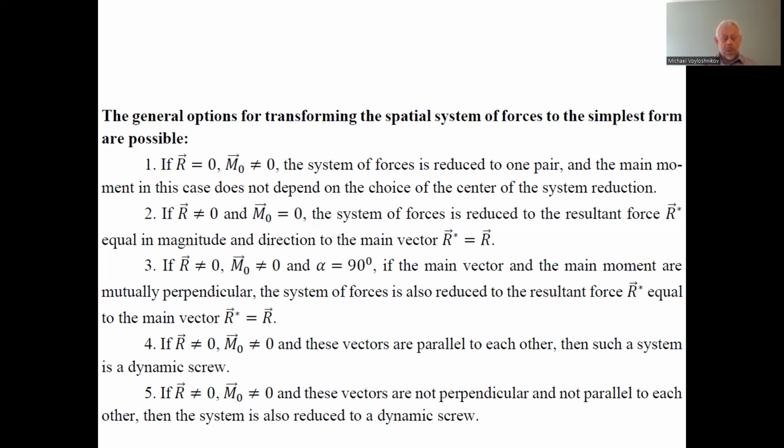If the resultant is not equal to zero, the main moment is not equal to zero, and these vectors are not perpendicular and not parallel to each other, then the system of forces is also reduced to a dynamic screw, but applied to another point. If the line of action of the main resultant, like here, special case 5, and the line of direction of the main moment vector are inclined,